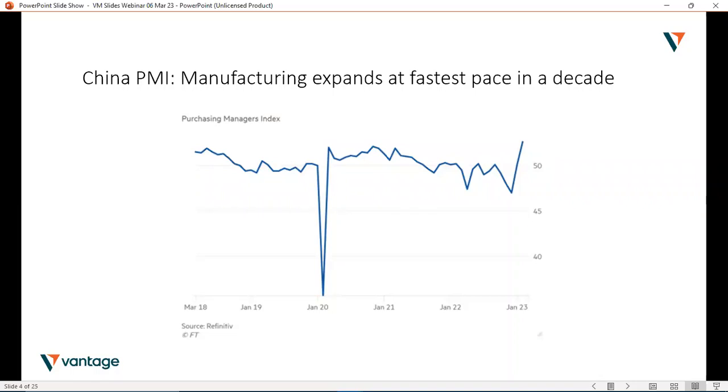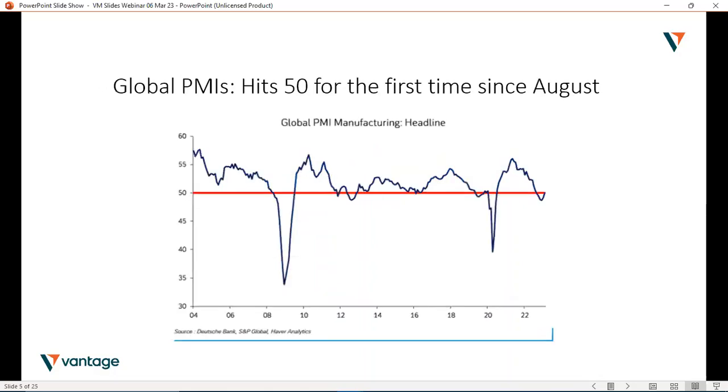Obviously, when a diffusion index goes above 50, it signals expansion. And generally, the details were all relatively strong and really feeding into this narrative, this theme that the 2023 China recovery certainly is the real deal. Also, I've put in a global PMI there, and you can see we did tack below that 50 line, contraction and expansion, and we've just touched it again, first time since August of last year. So that's the global picture, if you like.